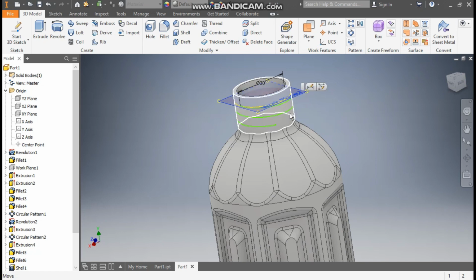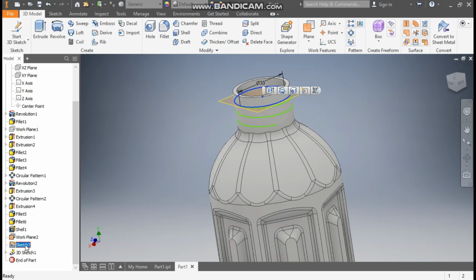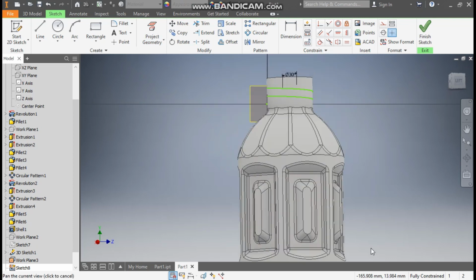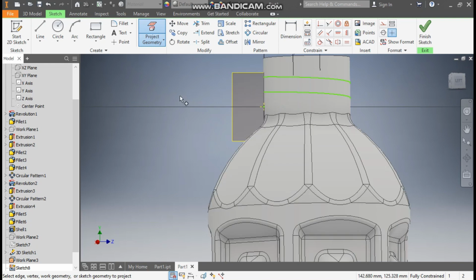Now we don't want this plane and this yellow profile. So from here select the sketch 7, hide this, and for plane select this plane 2, right click and turn off visibility. Now we will generate a new plane on this point. So go to plane, select this point and select this curve. Rotate the view, select this plane, go to create sketch, and here go to project geometry, project this point,